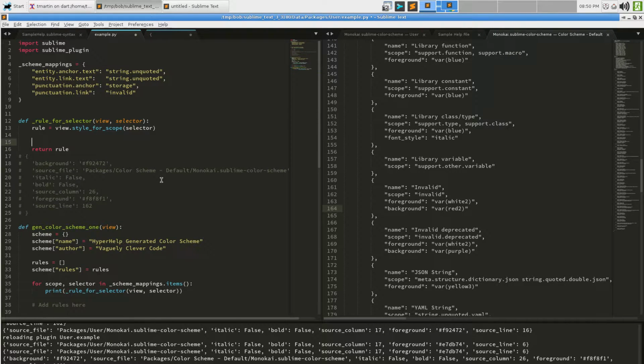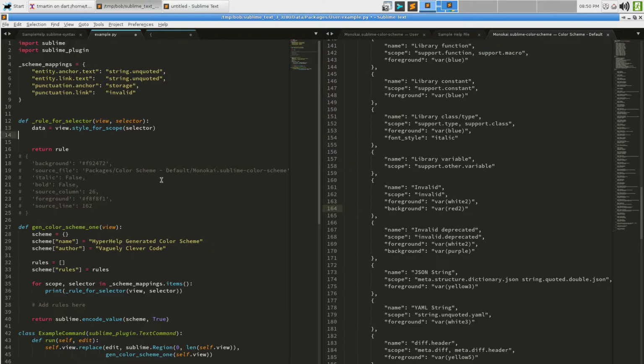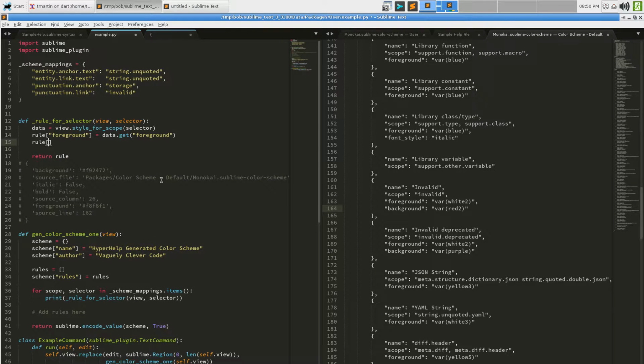I guess what we could actually do is say data is that, and then we could say rule foreground is equal to data.get foreground. Now let's assume a color is just always defined. How could it not be? And what if we said rule background is equal to data.get background.